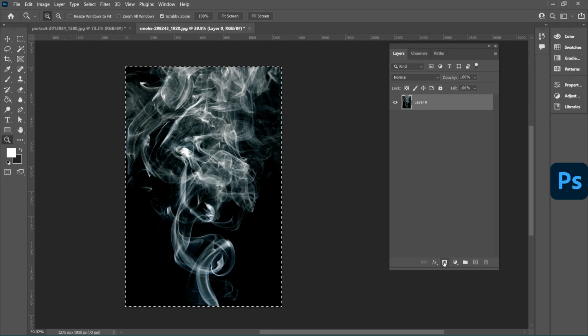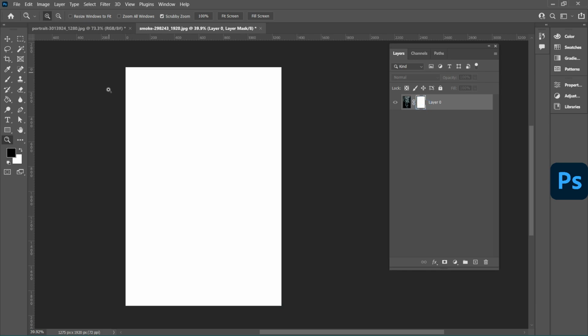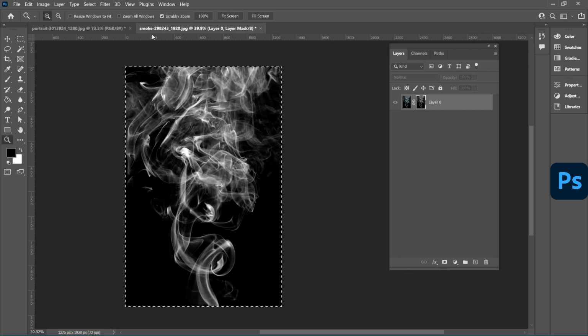Then click on the Add Layer Mask icon like this. Now remember, press the Alt or Option key on your keyboard, then click inside this layer mask. Your document will change its color based on the color of your mask, because we are now inside the layer mask. Now press Ctrl V